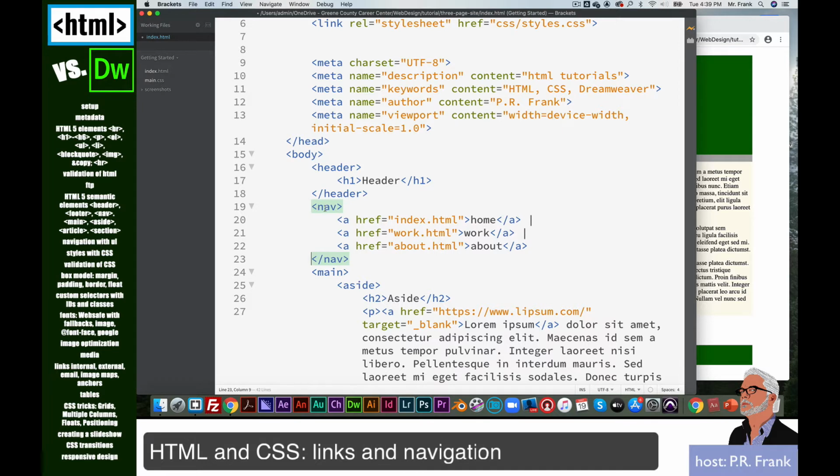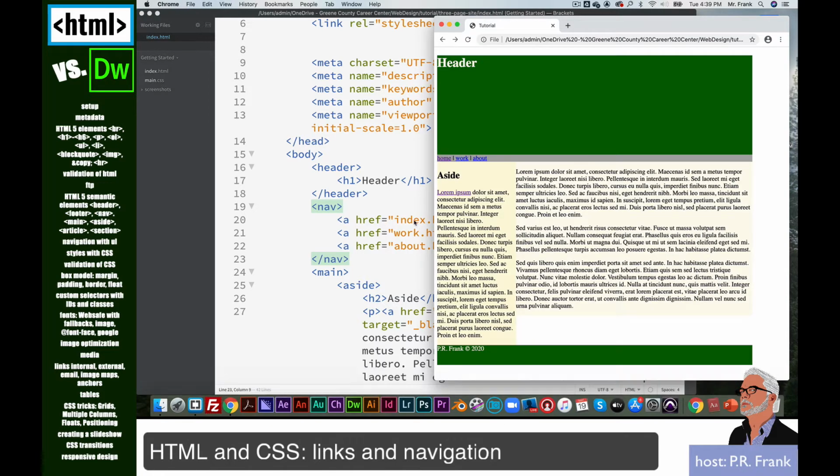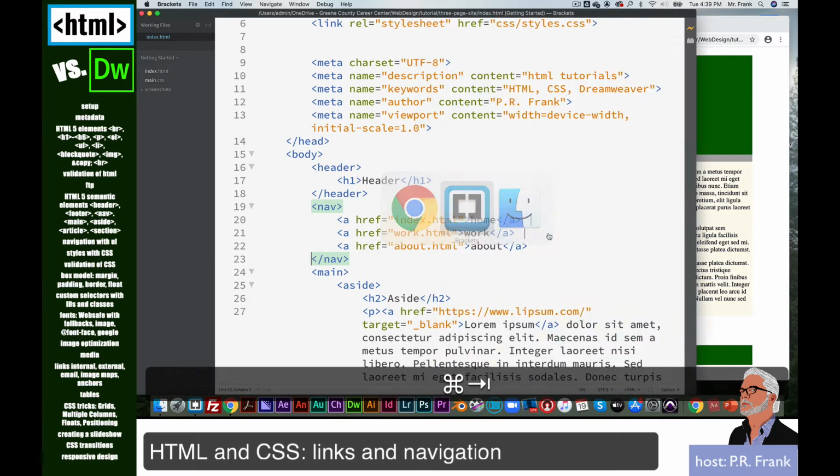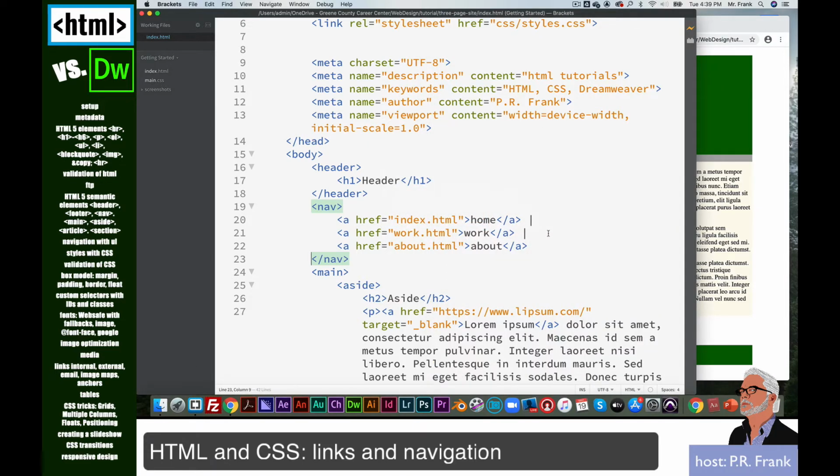So I've got my nav, and it wraps around these 3 links with these pipes in between. Now, just because I put them on different lines, they're not going to appear on different lines in my document, as you can see. But they all look like links now, which is great. All right. So the next thing to do is to go ahead and make sure that all of my pages